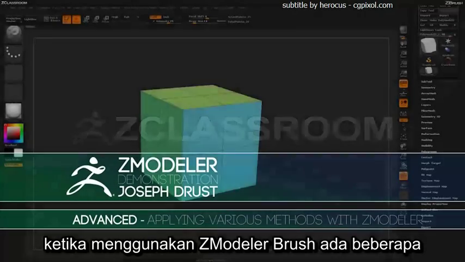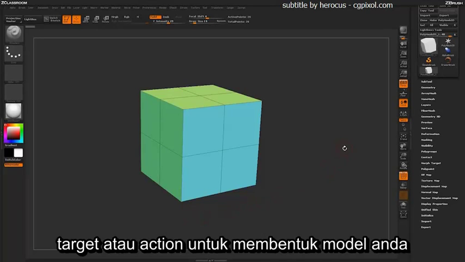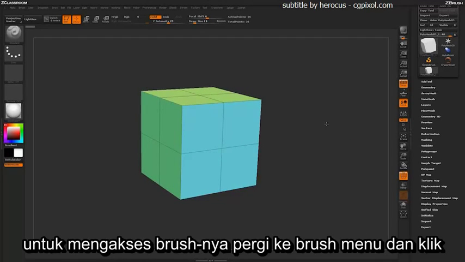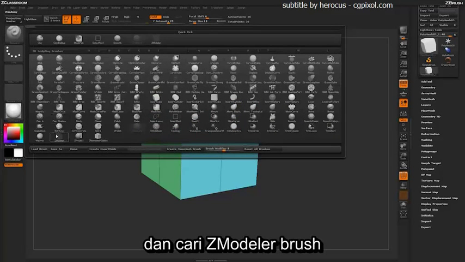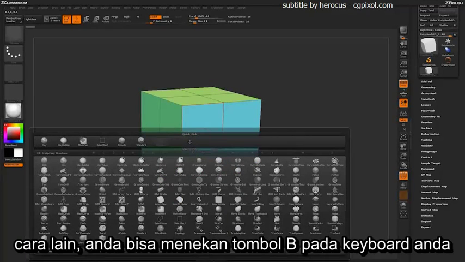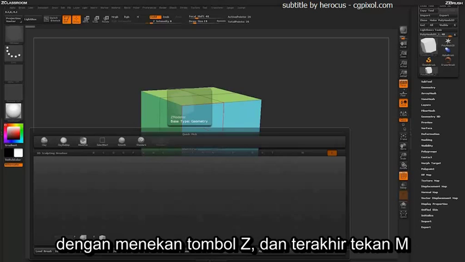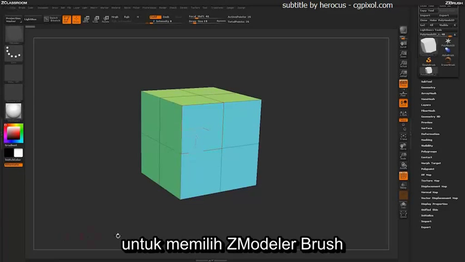When using the ZModeler brush, there's a few other options you can actually apply to any target or any action to deform your model. To access this brush, just come over to your brush menu and click, and then just locate the ZModeler brush. Alternatively, you can hit B on your keyboard to open up the brush menu. You can isolate by the letter Z by pressing Z, and then you can finally press M to select the